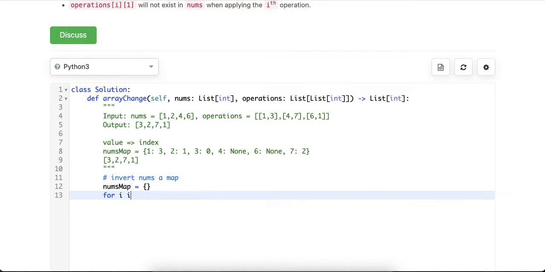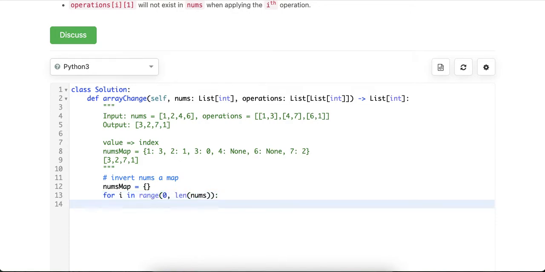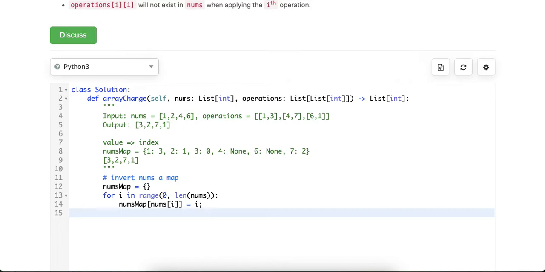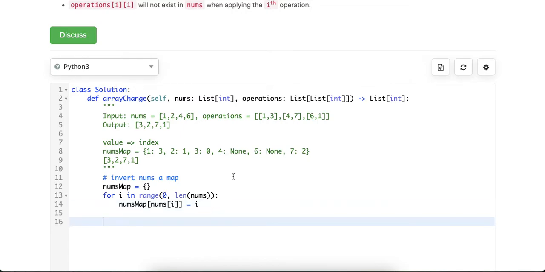Oh yeah, for i in range 0 to len nums, we will make nums map having the value and pointing to the index. The value becomes the key, the index becomes the value. Once it's all done,